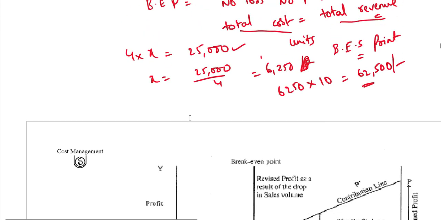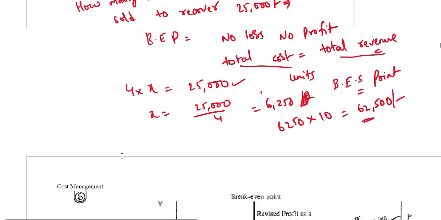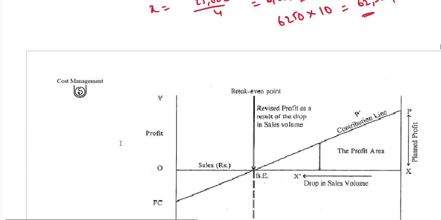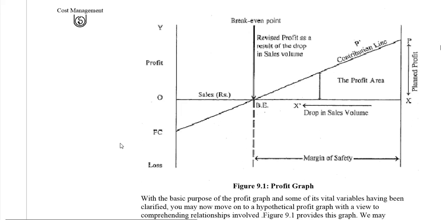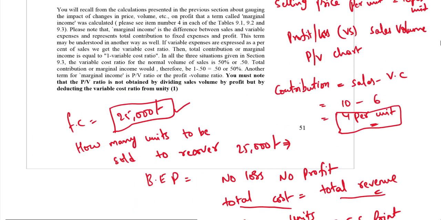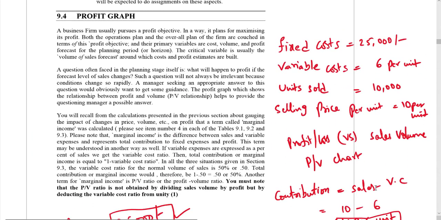Now, if we were to draw a graph for this break-even point, it looks like this. I will draw a sample graph here, then we will explain the graph given in the book. First, on the x-axis we have to draw sales volume. By the way, we have to calculate profit also. What is the profit for the company for this given data? Profit equals contribution minus fixed cost.